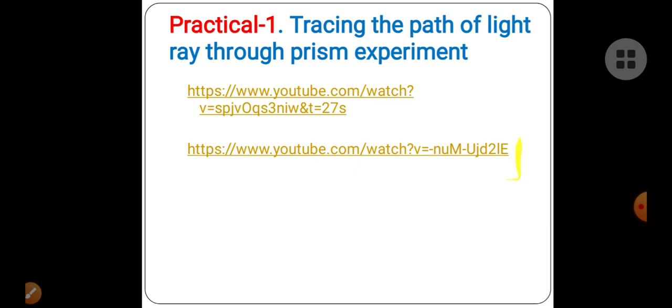With the help of both these practicals, you will get a clear idea of how to perform the practical at home, and you should perform this practical at home, so that if viva questions come or some viva exam is conducted for you, you can easily cover the questions and answers based on that practical.